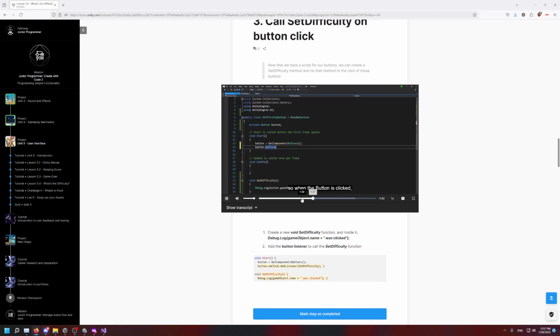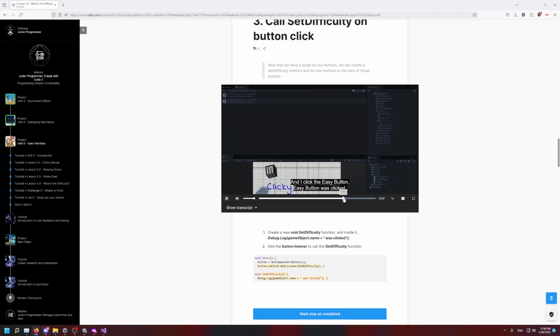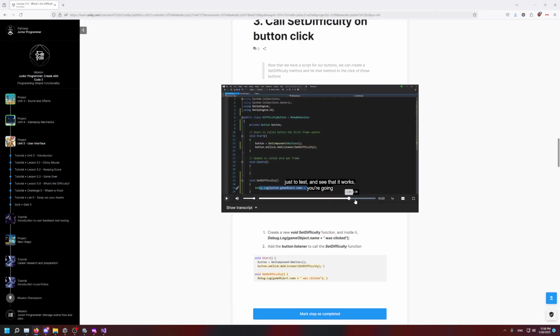So when the button is clicked, we need our game to listen and pay attention to when it's actually been clicked. So in this case, in programming, we call this adding a listener, so that way it pays attention for when a certain event has happened. In this case, a click event. And then we can just use a method to pass into our listener, so we can actually just use our SetDifficulty method to detect that our listeners were set up properly. See that our Start method